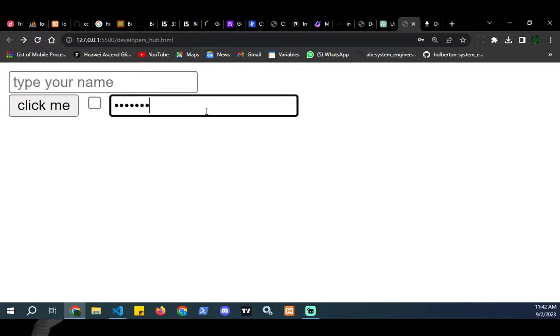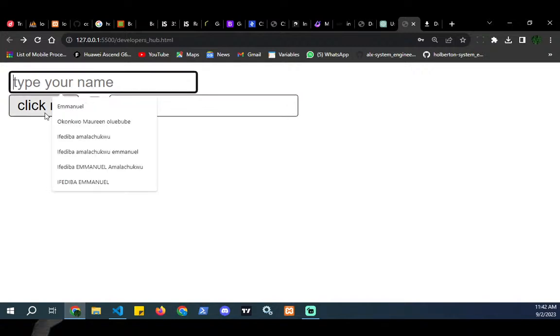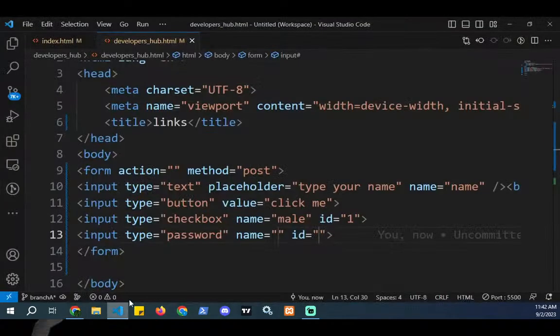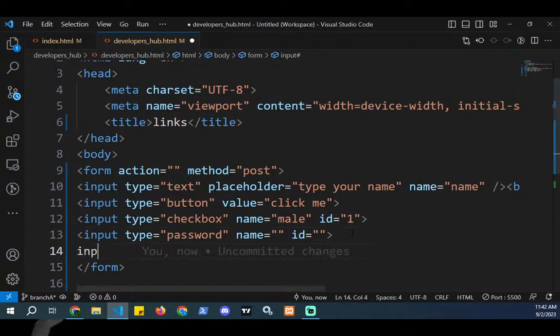So we're just going to go ahead now and type in the next one. Now that you have seen password, your name, the button, and the checkbox, let us treat file. The input tag file allows you to upload something to